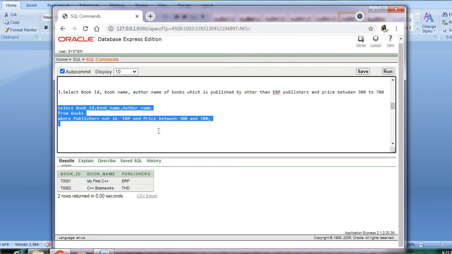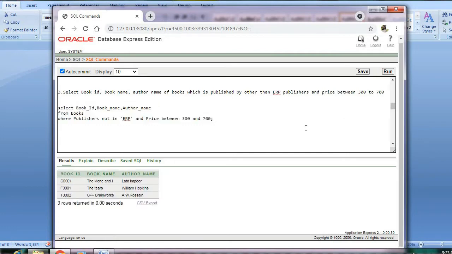I'll run this and I'll explain it again. Yes, this works. So how this works is, it goes to the table books and first it goes to the publisher attribute. In that publisher attribute, it checks for the books which are not ERP. Along with that, it should match another condition: the price should be between 300 and 700. Only if these two conditions match, their book ID, book name and author name should be listed, which you can see in the